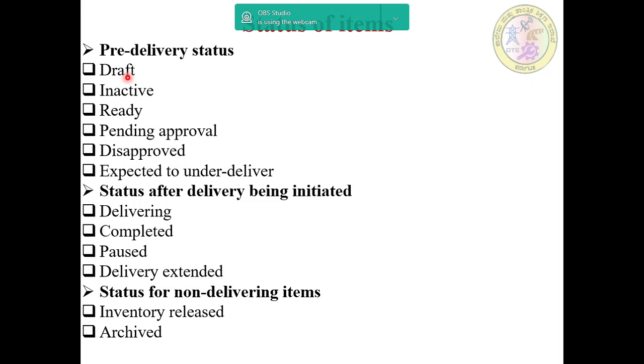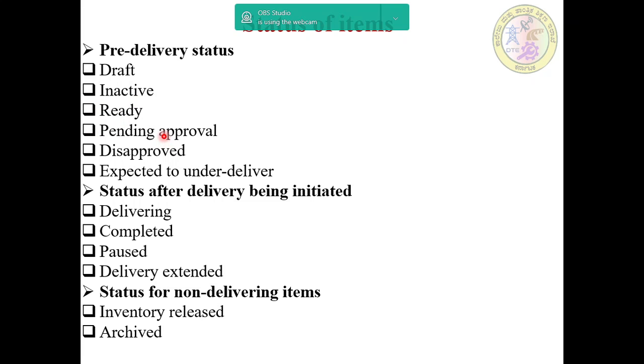In this, draft is nothing but an item that is part of an order that has not been approved. And then inactive: here the item is not yet being delivered, and items remain inactive as long as they still need creatives and have not been manually activated. If the network has been set to prevent automatic item activation, all line items will remain inactive until they have been manually activated.